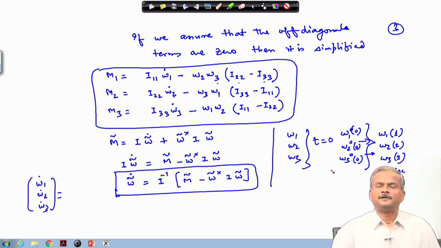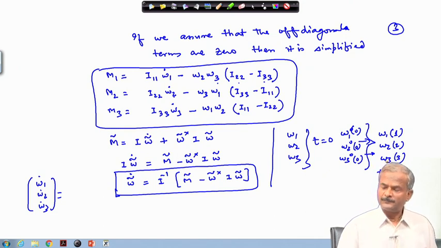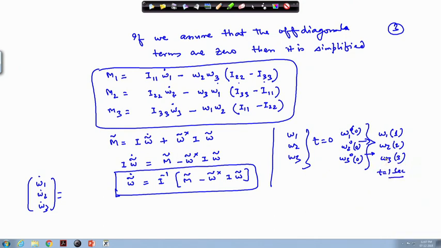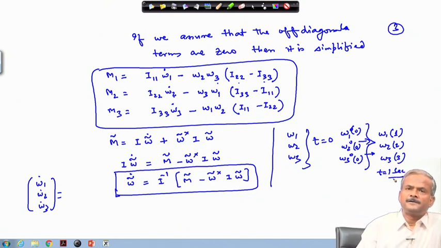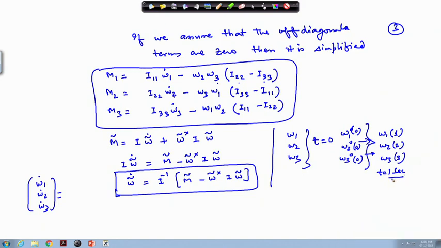And already we have looked into the kinematics of rotation. Using that, this omega 1, omega 2 can be worked out either in terms of quaternions or in terms of the Euler angles. In terms of quaternions it is quite easy, because that is in the algebraic notation. So, you can see that the things have started emerging: if I am given a rigid body and a certain torque is applied to that body,